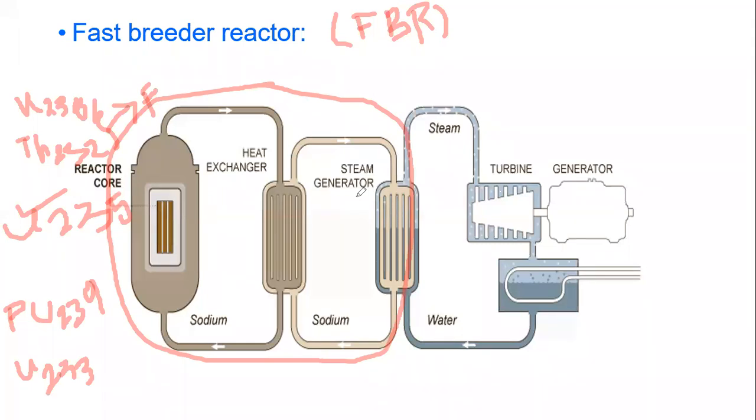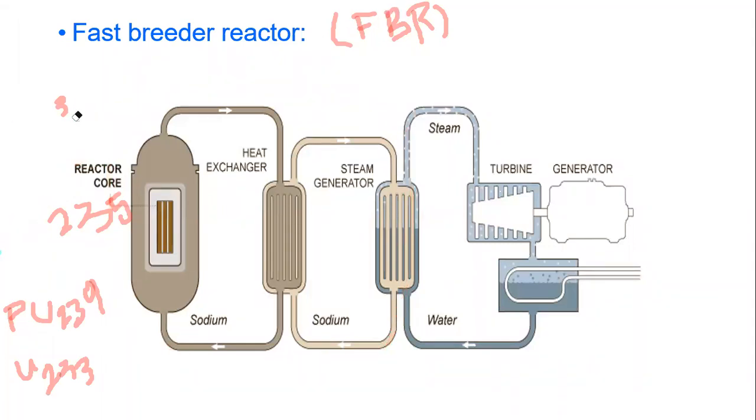By using these reactors, we save on fuel shortage. By using these fast breeder reactors, we are saving fuel usage and reducing the total radioactivity toxins. Those are very dangerous radiations that are produced in the nuclear reactor. That is the main use of an FBR, the fast breeder reactor.